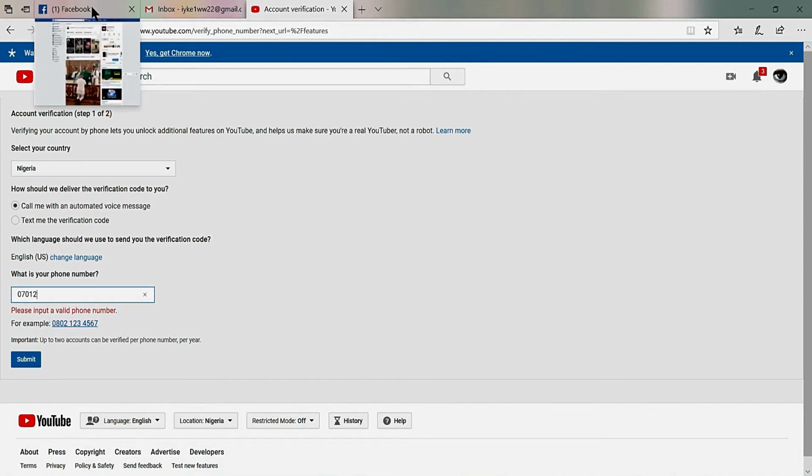If your username is not good or if somebody is already using your username, YouTube will also inform you so that you make changes in your username for them to verify it. So this is exactly how to verify your YouTube channel. So once you're done with this and YouTube sends you a notification through your email, your account will automatically be verified,